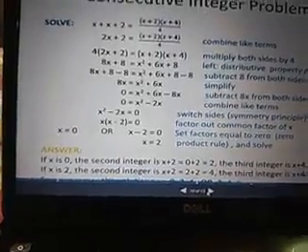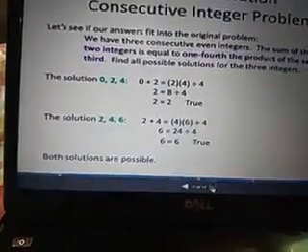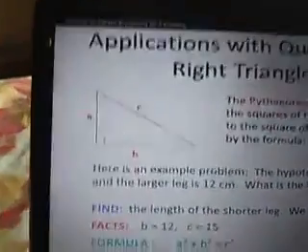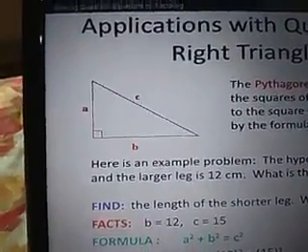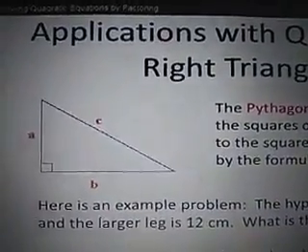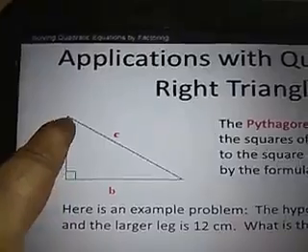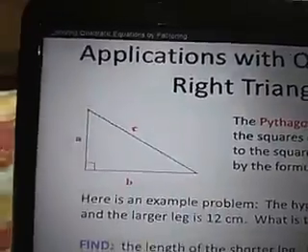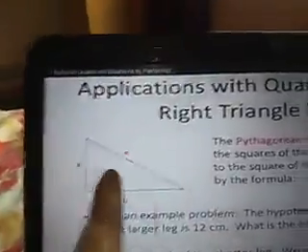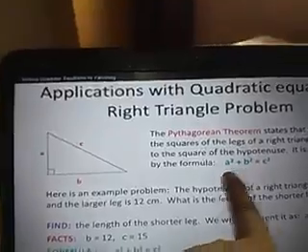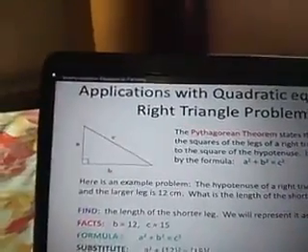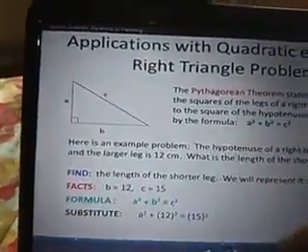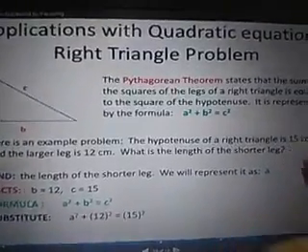Another example is related to the Pythagoras theorem. Whenever there is a problem related to the Pythagoras theorem or a right angle triangle, we know that in a right angle triangle, the square of the hypotenuse is always equal to the sum of the square of the perpendicular plus the square of the base, right? So seeing this figure, we can say that a square plus b square is going to be equal to c square.